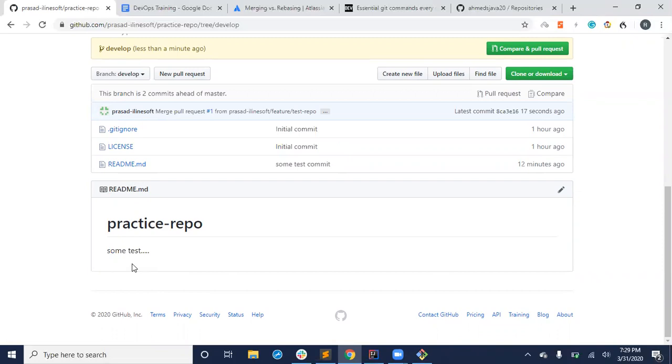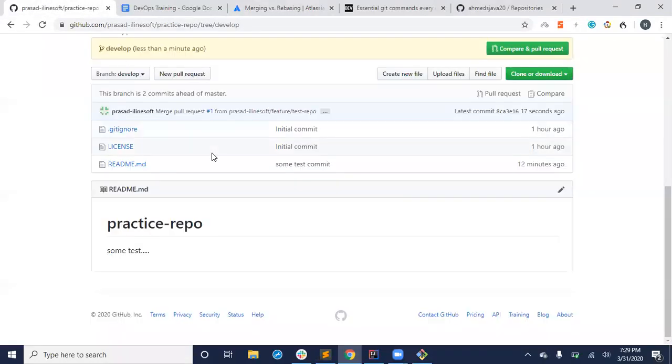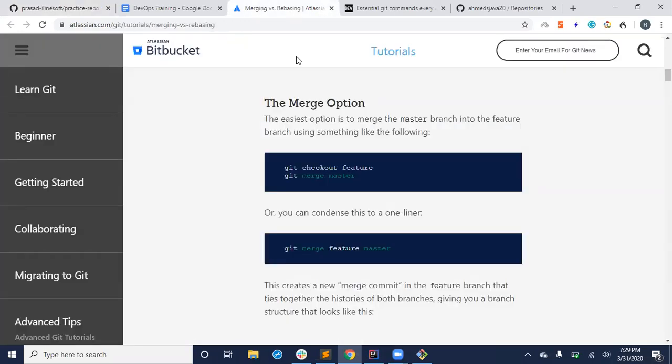In this case, we have done the merge from the GitHub UI. You can do the same thing from the command line like this. It is probably more difficult. For now, you can assume that you can do it from the UI in this way. Which one? Merging from one feature branch to another branch. But people prefer you to do it from the command line.